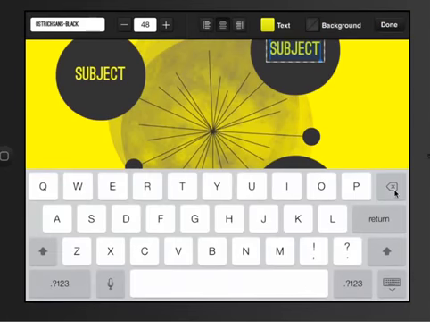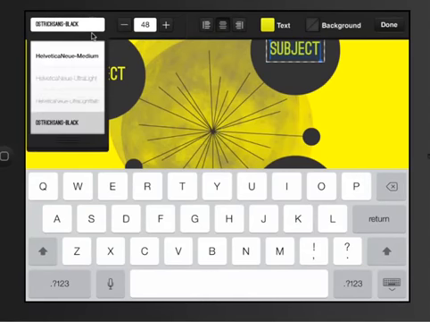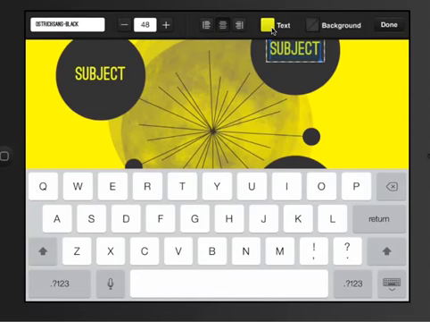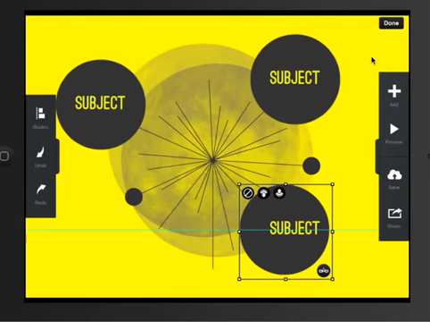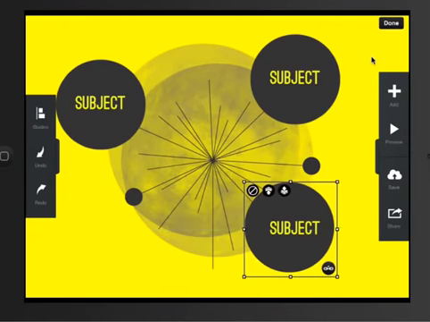To start editing it, I just click in, and now all of a sudden I have an editor up at the top, so I have different fonts to choose from here. I have my font size, I have my alignment, left align, center, etc. I have the color of the text and the background color, and that's all I have to work with. Again, limited options sometimes work better in these types of situations, especially if you're working with kids. And that's it. And then once I'm done and I continue to add, so say I've got things where I want them, I can add,